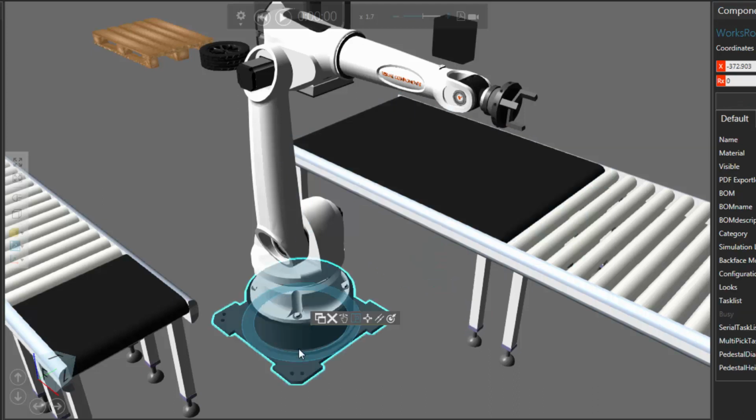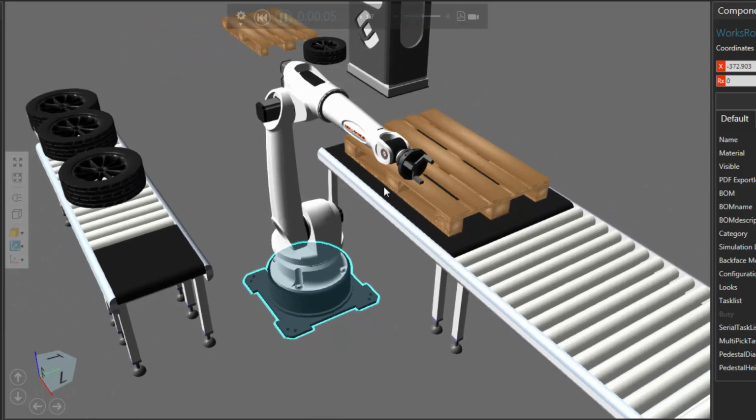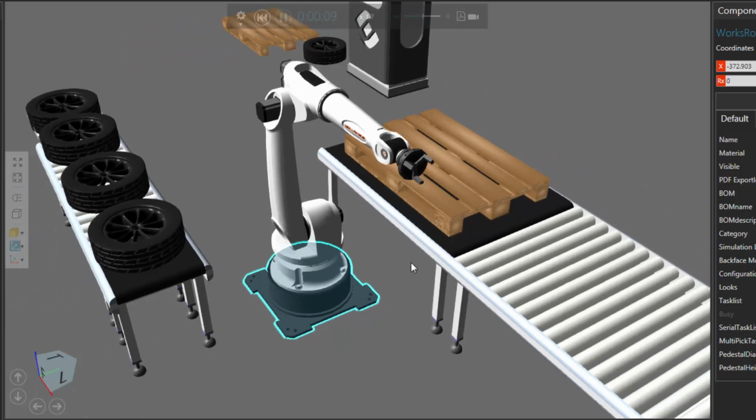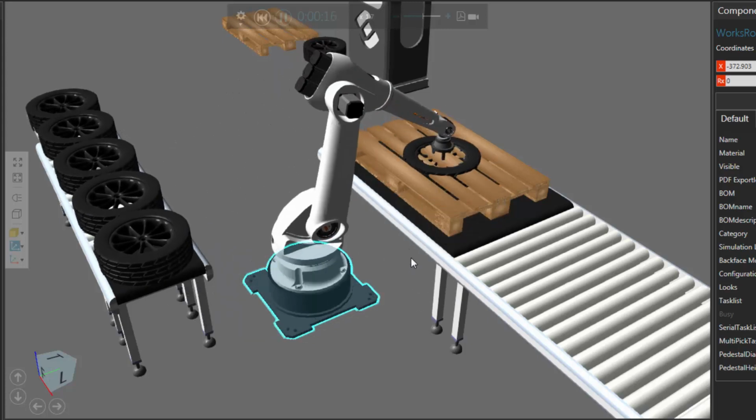And the robot will know that it was assigned a feed task for feeding a component with a product ID of car tire to any other process component that needs it and is within reach. So if I now run this simulation, we should see the robot pick that car tire and place it on this process component. So yep, the robot motions to pick up the car tire, it picks it up, and wow,